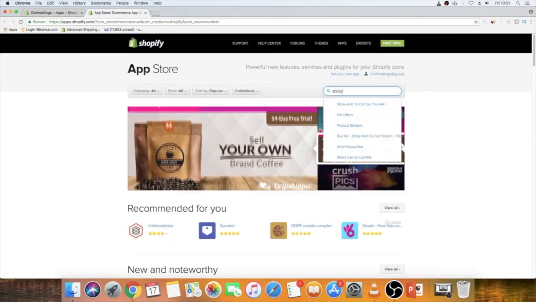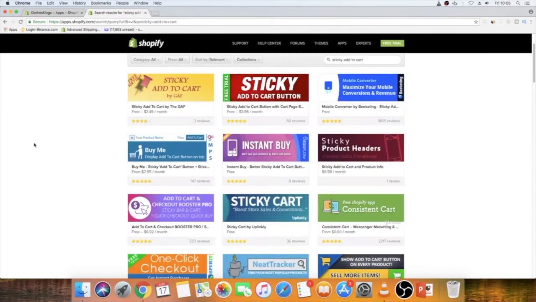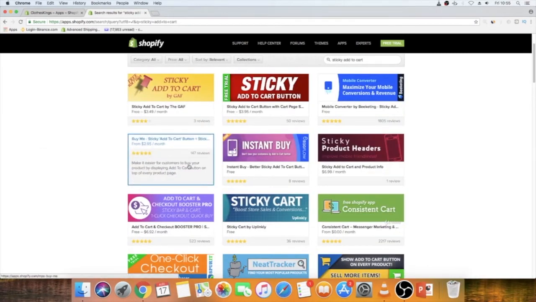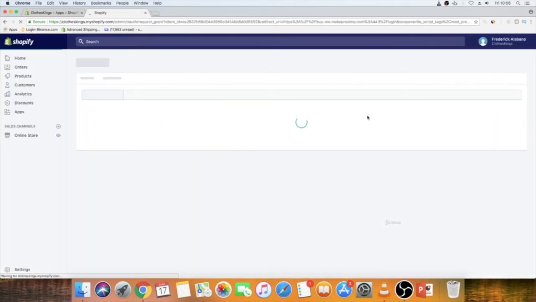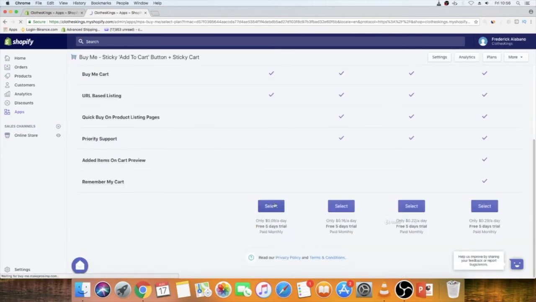Next, I recommend a sticky add to cart application. This is the application, but from what I see it was free. Now it's $2.99, but I still recommend it, so let's add it right now on our store. You select the simple plan, this one, $2.99,